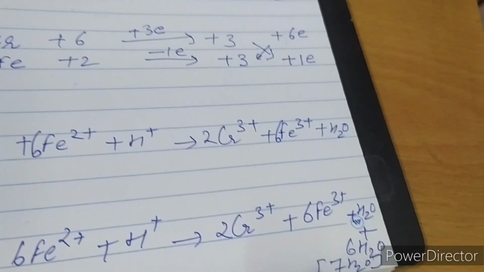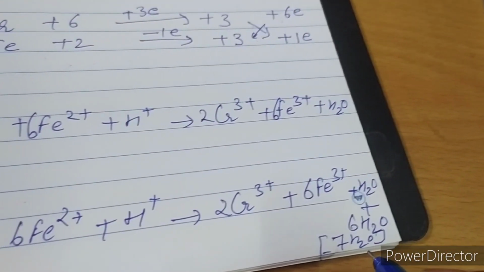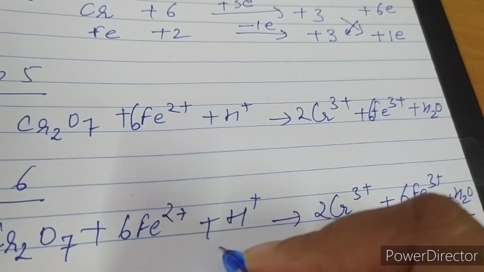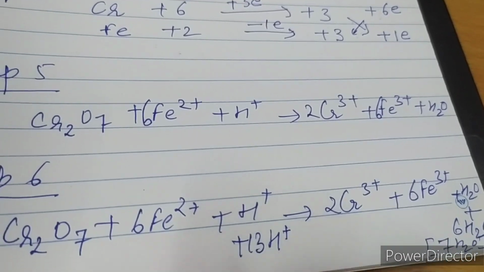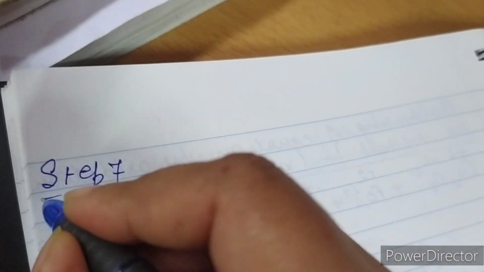And now to equalize the hydrogen atoms, here you can see there are 7 times 2, 14 hydrogen atoms, and on the left only 1 hydrogen ion is there. So I will add 13 more hydrogen ions on the left hand side to equalize the hydrogen atoms. Now the equation comes out in step 7 as